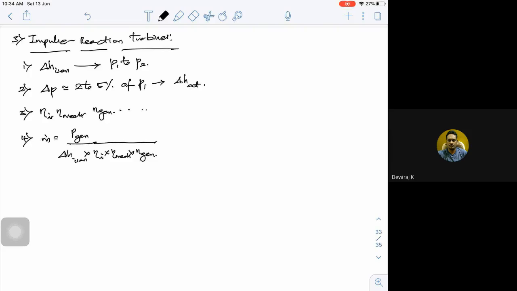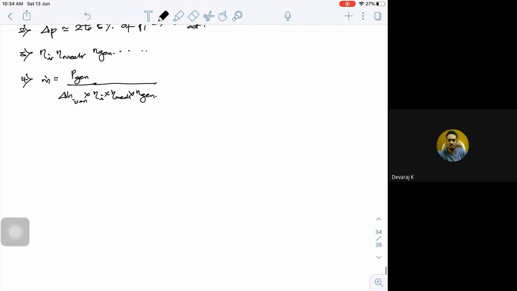Now, with one extra parameter we have to notice. That extra parameter is the diameter of the stage. So the diameter of the first stage, or whatever it may be, if we go by first stage, second stage, we call it the wheel diameter of the first stage. If I look at the wheel diameter of the first stage, how can we calculate it?